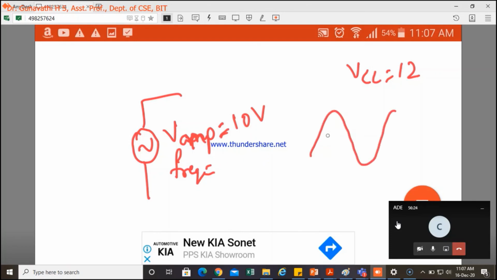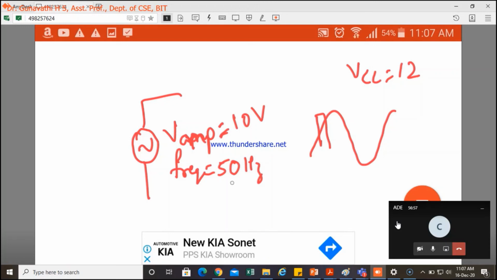Our output is something like this. Between these levels it has to switch, and it keeps on working. So when the frequency is bigger, a lot of distortion will be there in the circuit. So when we are simulating, let the frequency be very, very small. How much will we consider here? It is in terms of hertz, not ohms. You just take some 50 hertz and work with this frequency.